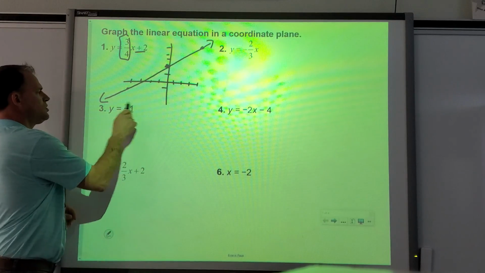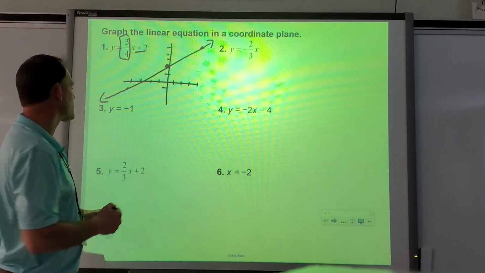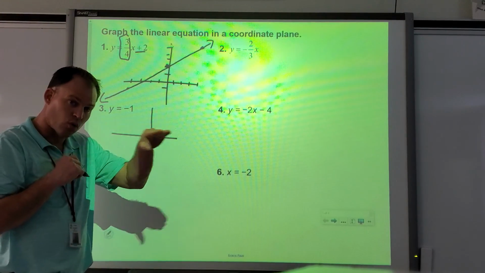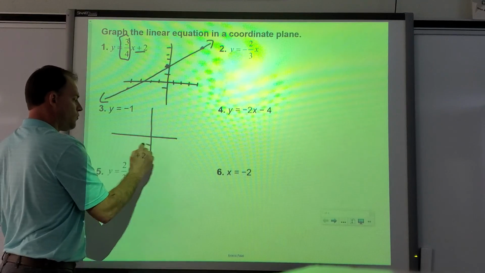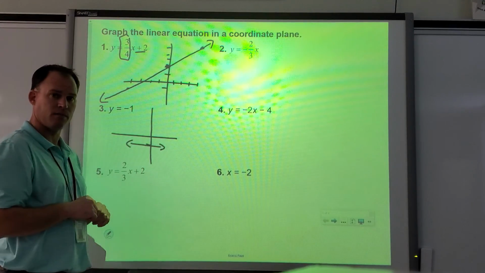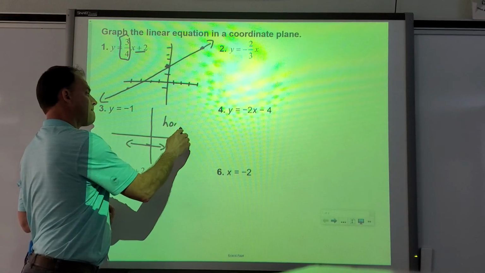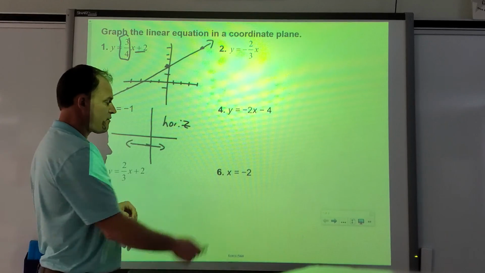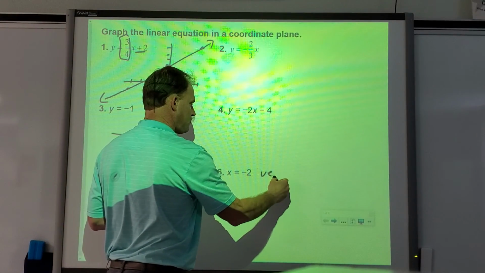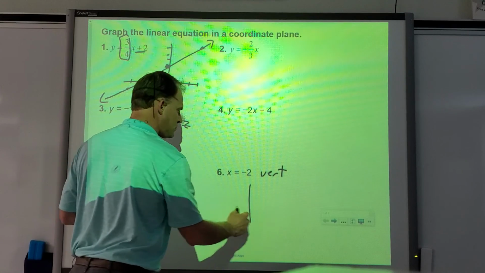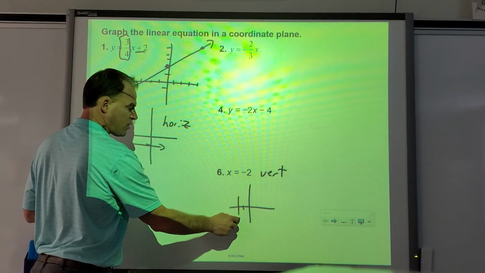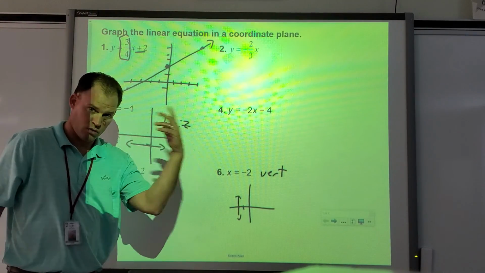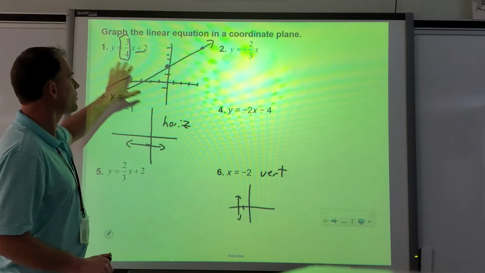Let's talk about these two other special cases real quick. What kind of line is this? That's a horizontal line across. So I go to -1 and I put a horizontal line, okay? If you don't remember that, make sure you're writing this in your notes as a quick little refresher about graphing. What kind of line is this? Vertical line. So I have a vertical line at -2. So horizontal and vertical, those are kind of special cases, but this is what I really want to remind you